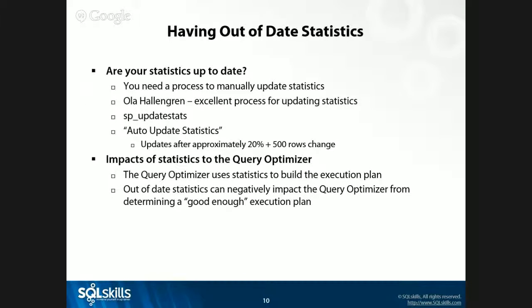statistics kick in. Anyone dealing with databases that have tables over, say, millions or tens of millions, hundreds of millions of rows? So we'll take a million. 200,500 records have to change before auto update statistics will update your stats. If you're storing 5 years worth of data, that's like a year before your statistics are going to update. Anyone's business processes kind of change within a year? Buying trends and selling trends and insurance trends and all that stuff? Yeah. So it's not efficient.